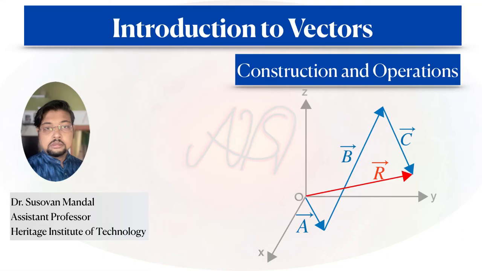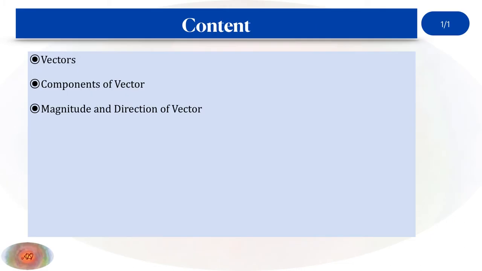Introduction to Vectors, Constructions and Operations. In this lecture, I will discuss the basic definition of a vector along with the components which constitute a vector and the significance of a vector in terms of its magnitude and its direction, because we know when we compare a vector with a scalar, that a scalar has only magnitude, no direction, but a vector has both the magnitude